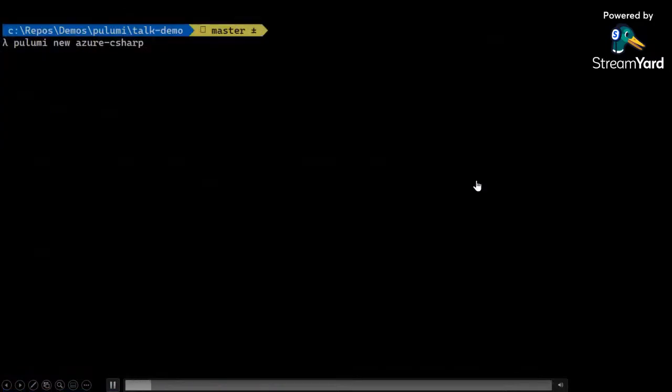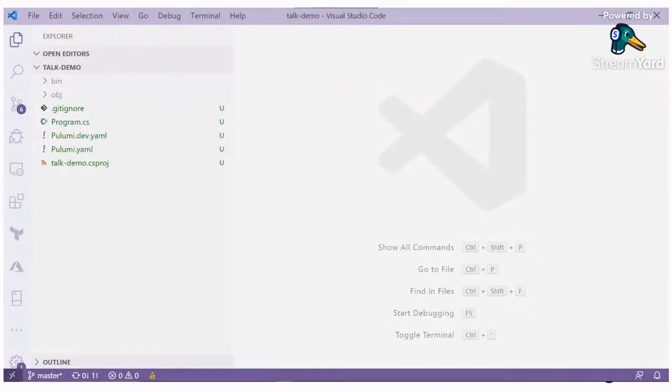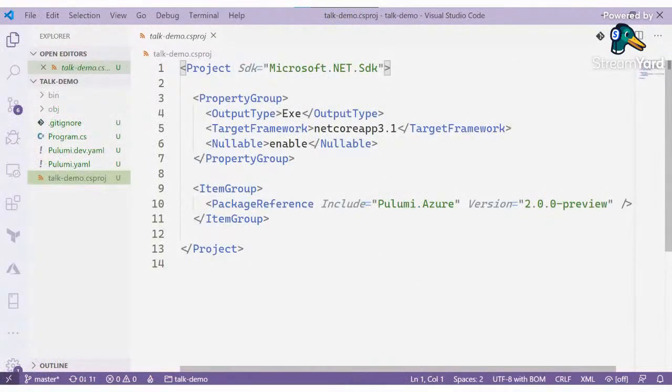So what does this project look like? I'll open up that folder, and this is what Pulumi has created for me. At first glance, it's basically a CS project. Let's dive into that. And what we can see is it's a console app, a .NET console app. As I said, this one says it's 3.1. If you do this now, it'll be targeting .NET 6. And again, this package reference is a little bit old as well. But for the concepts I want to show you in these next few slides, it doesn't really matter what version I'm showing you here.